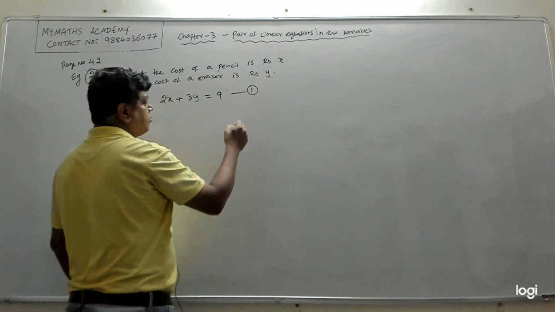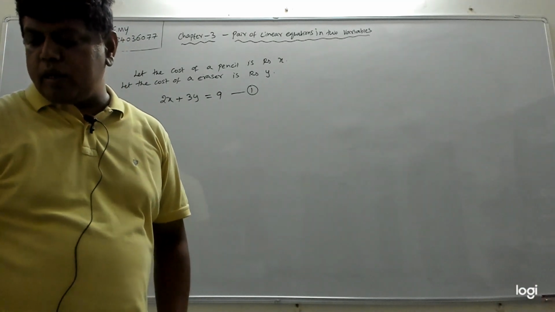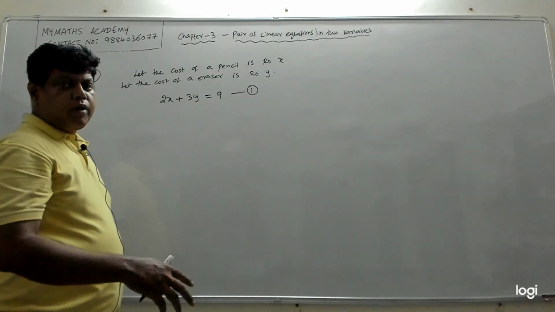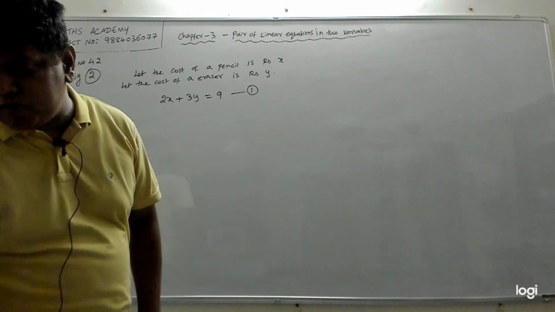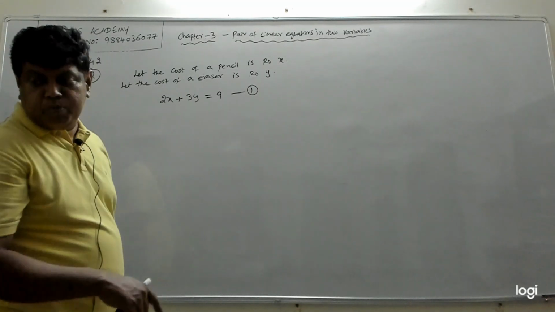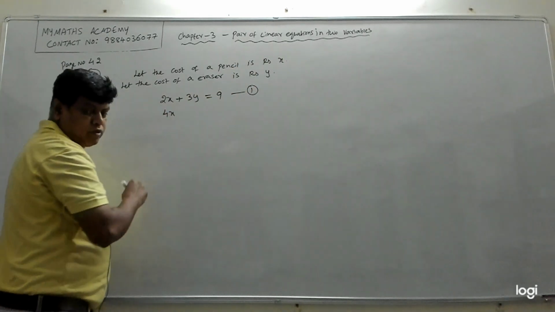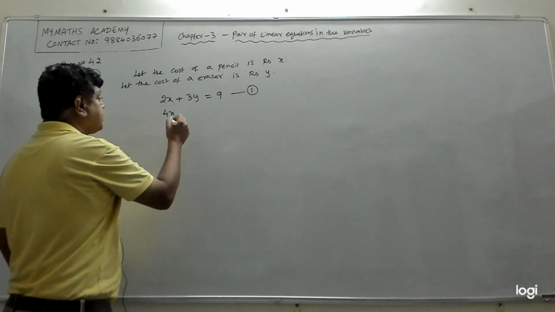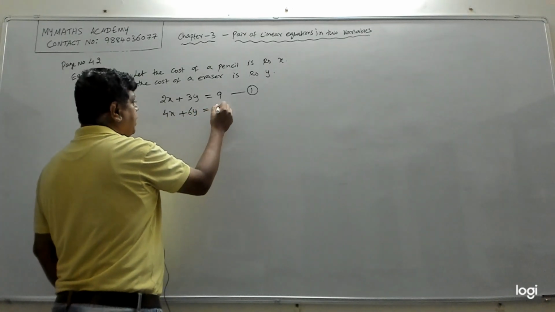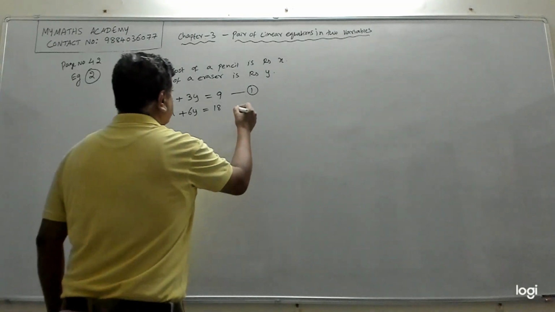Similarly, her friend Sonali, who was impressed by the new variety of pencil and eraser bought by Romila, also went to the shop and bought some pencils and some erasers. How many pencils did she buy? She bought 4 pencils and 6 erasers, and the cost that she paid was ₹18. The cost of one pencil is x, she bought 4 pencils, so it becomes 4x, and she bought 6 erasers, so 6 into y. Cost of one eraser is y, and she bought 6 erasers, 6y. Totally she paid the shopkeeper ₹18. Now this is equation 2.